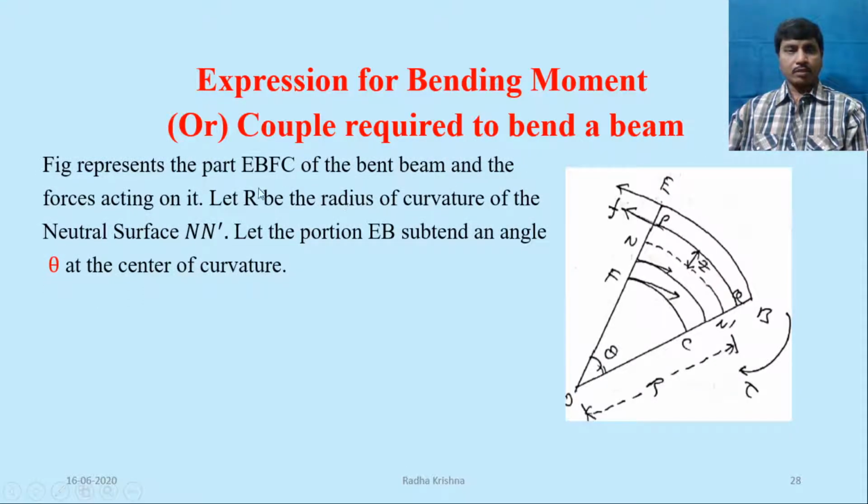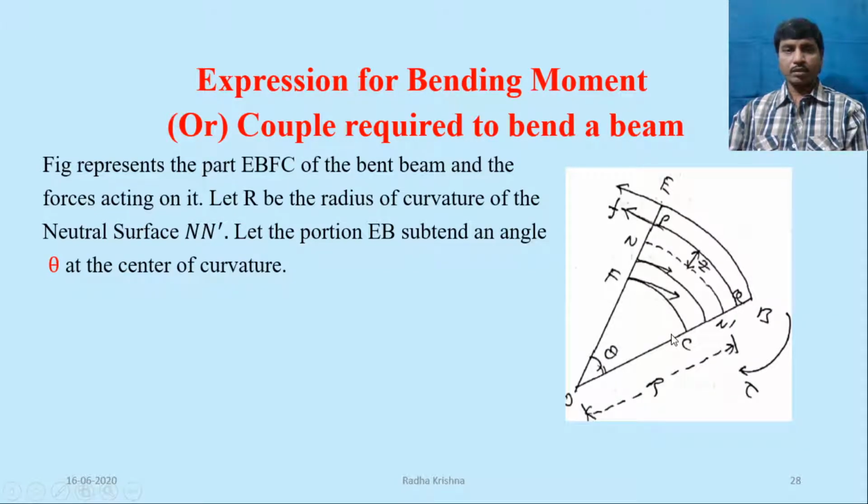Figure represents the part EBFC of the bent beam and the force acting on it. Let R be the radius of curvature of the neutral surface N dash. Let the portion EB subtend an angle theta at the center of curvature. This is the figure. In this figure,